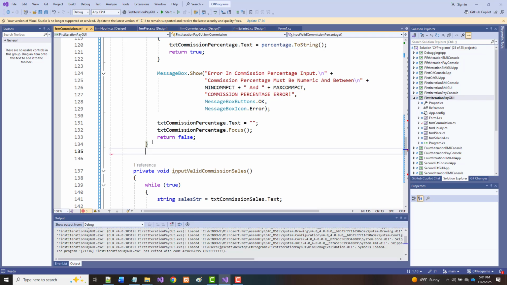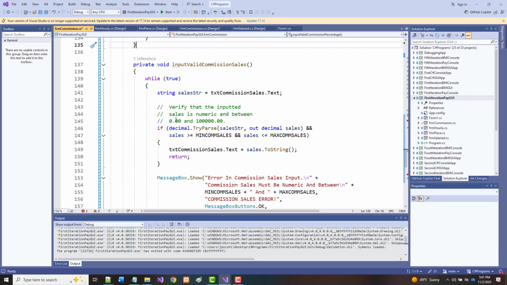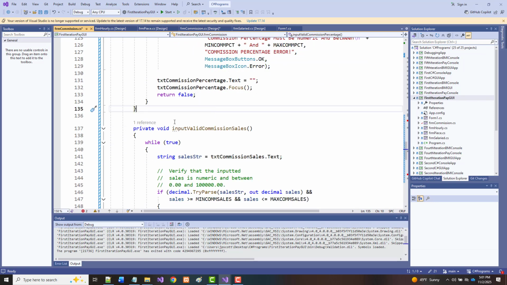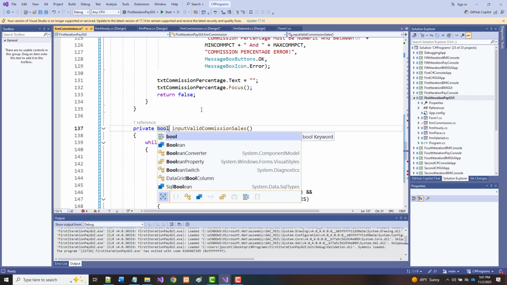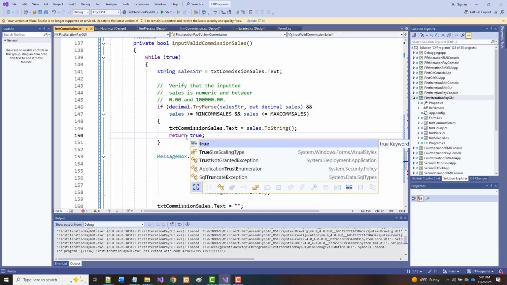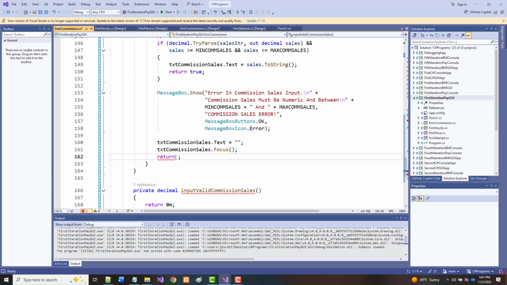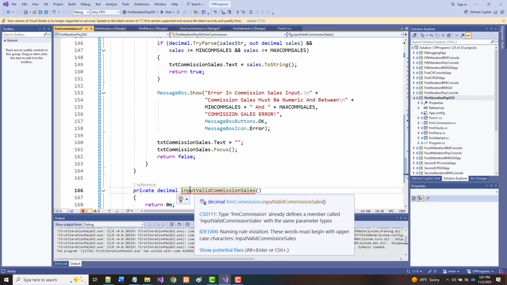And I think I'm missing a curly brace here. Here we go. All right. And now we want to do the same thing here. So again, we will make this also a bool. And again, if this is the case, we'll return true. And if this is the case, we will return false. All right. Finally, we've got this input